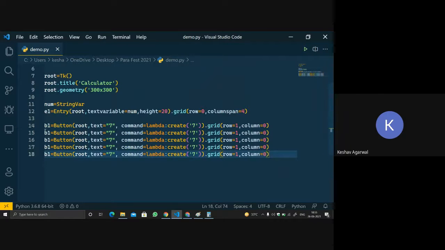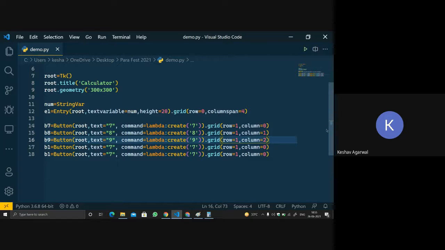Let's keep it B7, B8, and this is B9, so that it can be easily understood. So 8, and this will be 9, and we change the column: this will be column 1 and this will be column 2.